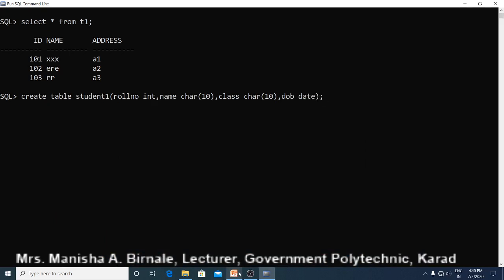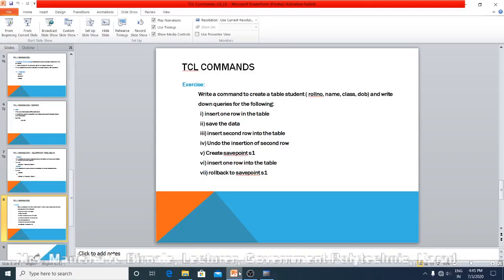So we have created a table student1. Table is created.